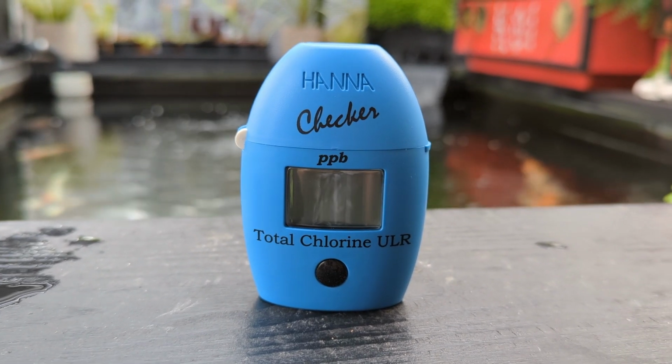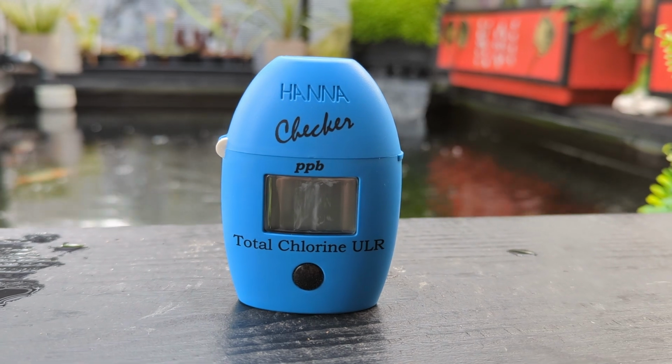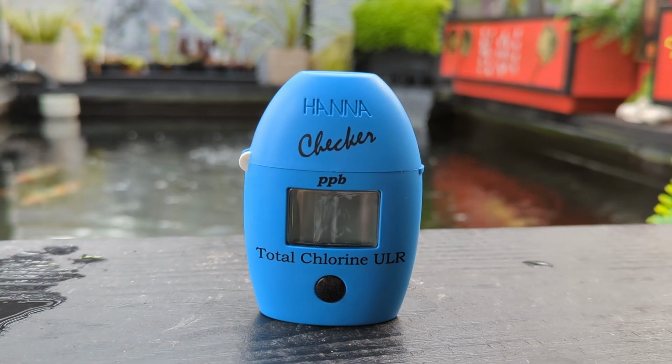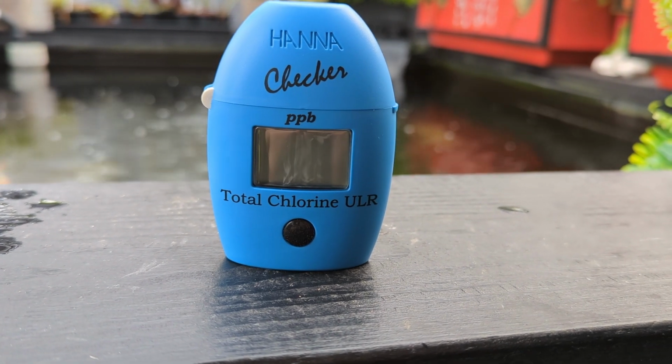What else? Well, I thought I would finally invest in this chlorine Hanna checker, and the reason for that is I'm absolutely fed up with the DPD4 tablets. They're just not good. So with all these little investments, you know that I've bought fish, which I'm going to collect I think mid-April, when my temperature is constantly at 15 anyway. I have bought this Hanna checker. Recently I've bought this nitrate resin, plus all the little bits, and because of all that, because of the petrol, because of the utility bills going up,